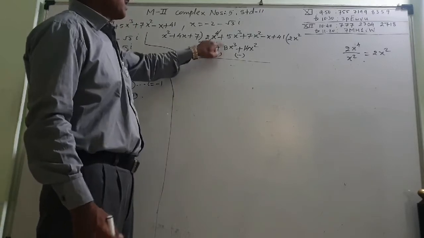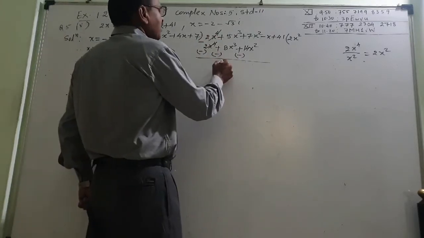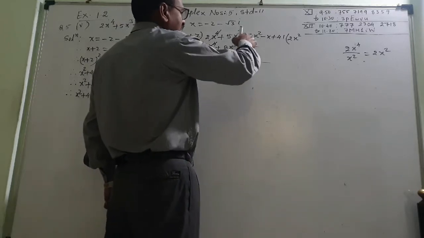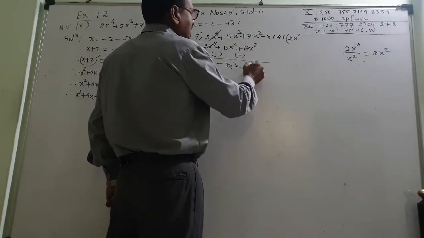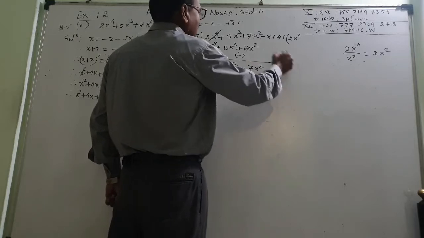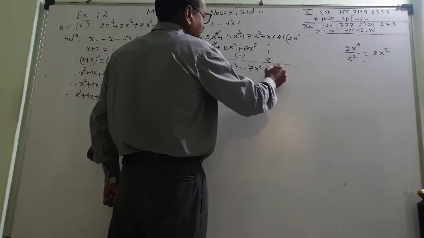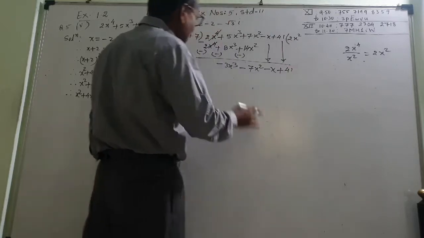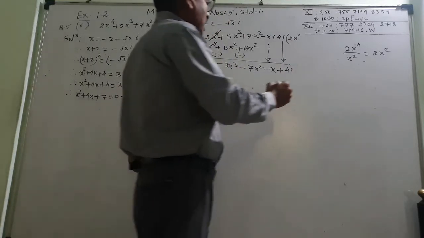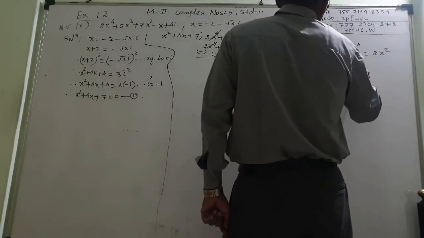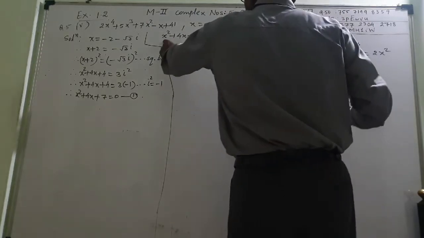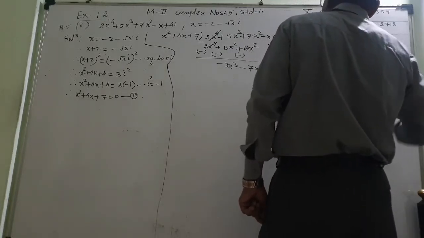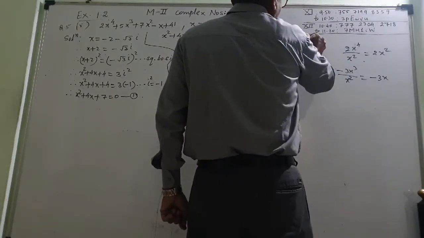This minus 8 and plus 5 will be minus 3, x raised to 3. Now this minus 14 and plus 7 will be minus 7x square, and take these terms down, minus x plus this also 41. Again the first term, minus 3x cube upon this is x square upon x square. So the answer will become minus 3x. So that I will write here minus 3x.